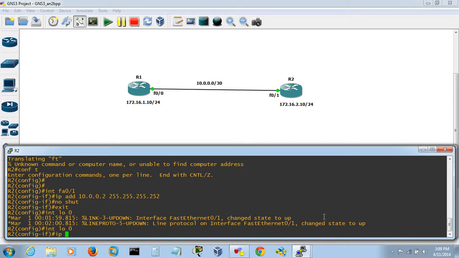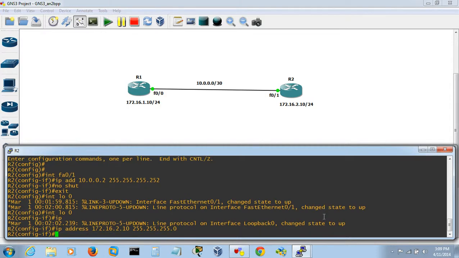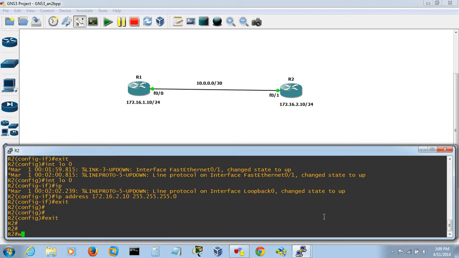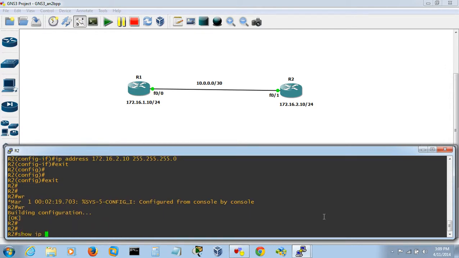Many people will ask you how many loopbacks you can create. You can create n number of loopbacks. Okay, ip address 172.16.2.10 255.255.255.0. I don't want to give no shutdown here. That's clear. Save it, then you can give the command show ip interface brief.